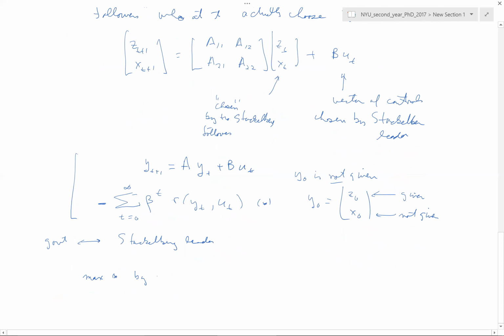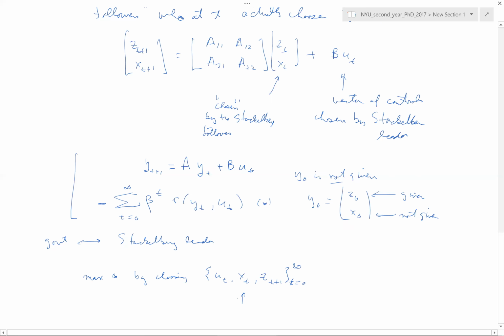Now, indeed, what the government is going to choose, the government is going to maximize, call this star, by choosing, what is the government actually going to choose? The government's going to choose u(t), x(t), z(t+1), t equals 0 through infinity. It's going to choose this entire thing, including